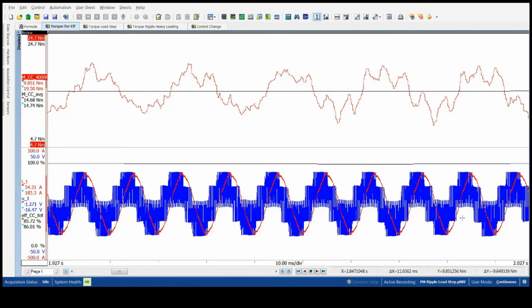At the bottom, I have single phase voltage and current, just to give you an idea of what's happening at the terminals of the machine. On top, I have torque. There are two lines with two filter rates. The one that likely grabs your attention is the red line, which is the instantaneous torque that has cyclical peaks